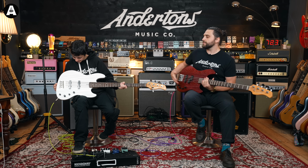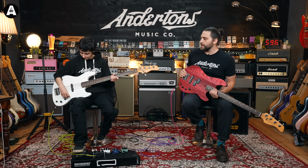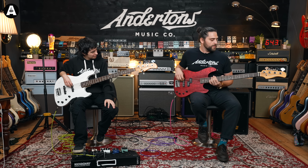Yeah, because it's an absolute classic, and this is doing the jazz bass thing 100% with a bit of versatility from the preamp. But yeah, they are big lumpy things, jazz basses. Yeah, it's more the offset thing for me. I think it's because my back is wonky, but even so. Yeah. And P basses aren't exactly the lumpiest thing in the world, but the least lumpy thing in the world, but